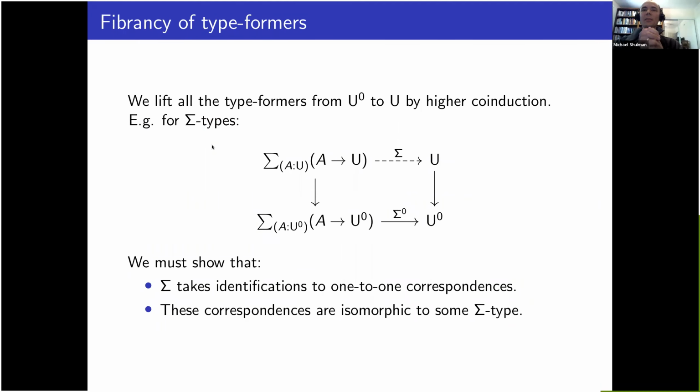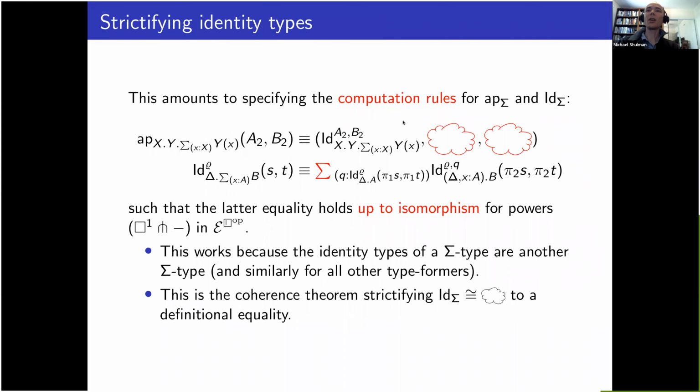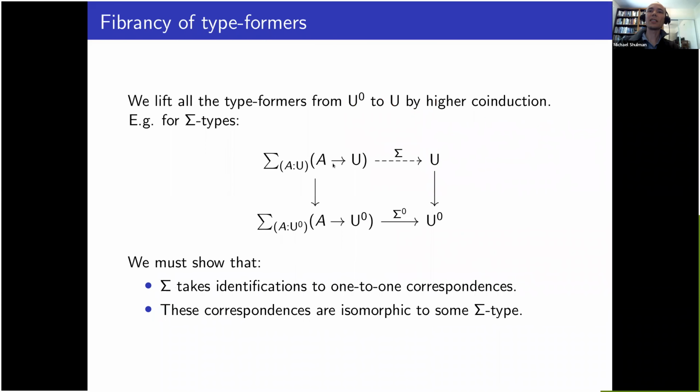co-induction property. Basically, I've got to show that if I have a sigma type here, an identification between two of these guys, then if I apply sigma to them, I get a one-to-one correspondence, and co-inductively, that one-to-one correspondence also has to be a sigma type. But that's precisely what we did way back in the first talk when we were defining the computation rules for the identity types of sigma types and app on a sigma type, right? So we said the identity type of a sigma type is another sigma type. So that's the recursive step, or the co-recursive step, of defining sigmas as a map into the universe